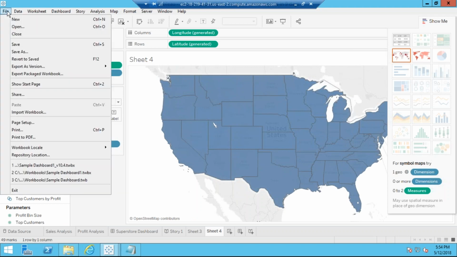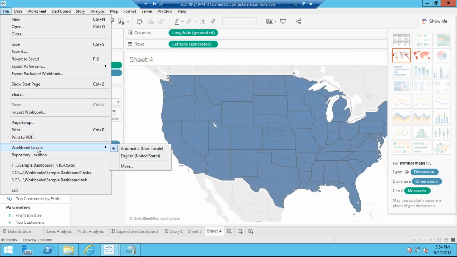PDF is a normal thing nowadays. A lot of people ask for PDF conversions and all that. See, sharing and accessing the data is the same, but they want to see those reports as PDFs also sometimes. Then how will you do it? That can be done easily with the help of this option. They can do this from online also, where they will be accessing the reports, in any browser. This is the developer view. End users won't have all these options like what we are seeing currently. They will not have any access like this. This is only for us. Then print and print to PDF. Workbook local.